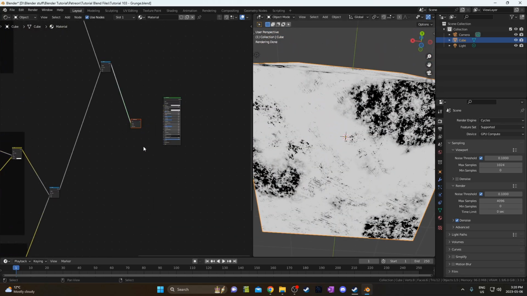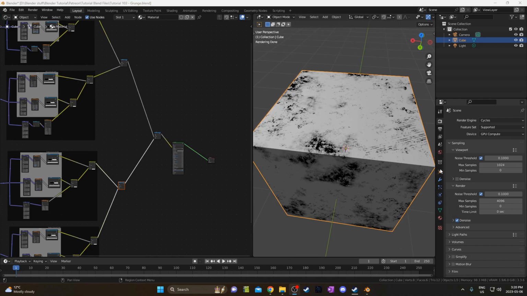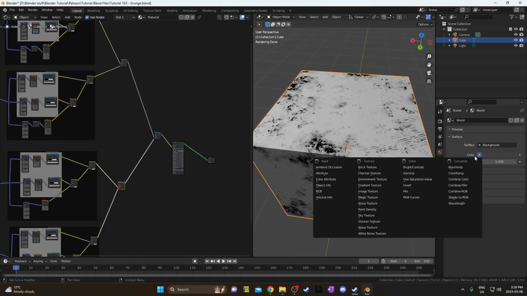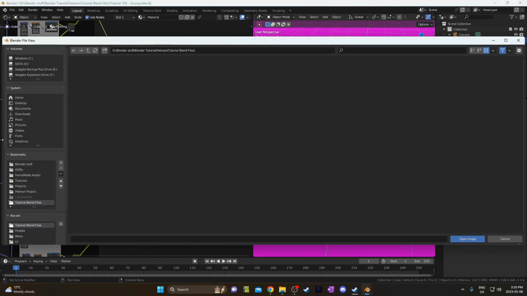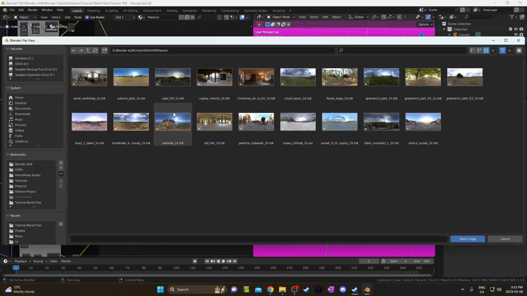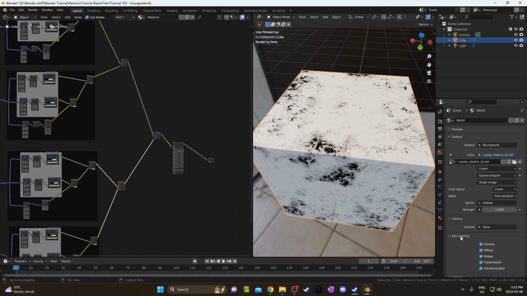Now we'll feed it into this principled BSDF and just see what it looks like. The lighting's not great. I'll do a quick shortcut to fix that. Go to World Properties and add an HDRI by clicking on that yellow circle next to Color, going to Environment Texture, going Open, and navigating to where you got some HDRIs. I've got some free ones from Polyhaven here, and I'm going to go with a quick interior one. Then go to Visibility, Ray Visibility, and unclick Camera,